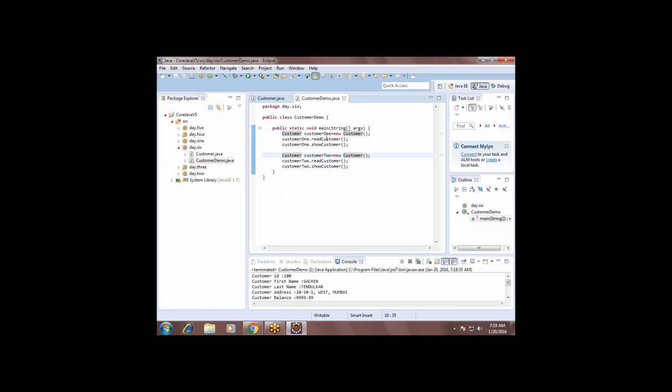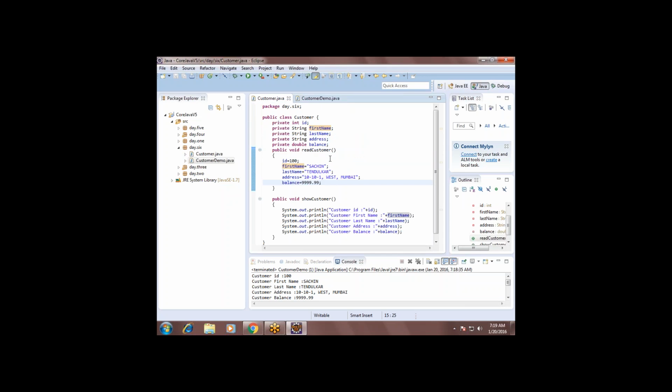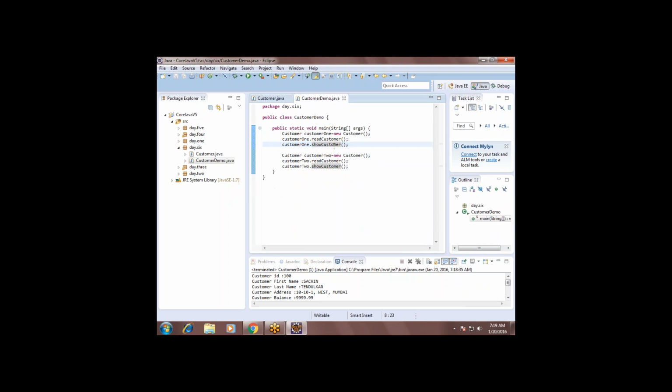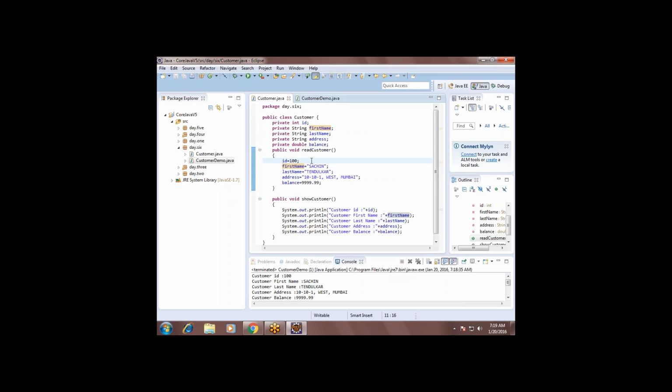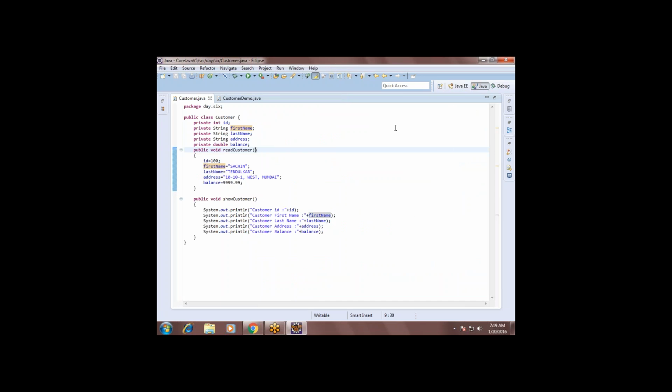So that's why we are unable to process different values for different objects. So when you are dealing with multiple objects, it's a better option that you use a parameterized method. See, don't hard code the values here. You give the choice to the objects to send different values. That is my concept. How is it possible? You don't directly give the values here. You receive the parameters.